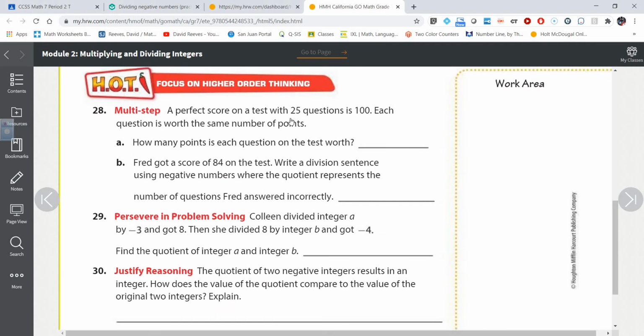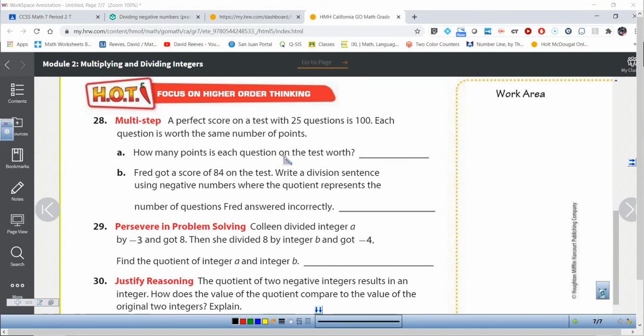A perfect score on a test with 25 points is 100. Each question is worth the same number of points. How many points is each question on the test worth? All right, so the whole test, again, it's the total divided by the number of occurrences. Okay, 100 divided by 25 is 4. So each question on the test is worth 4 points. All right, Fred got a score of 84. Write a division sentence using negative numbers where the quotient represents the number of questions he answered